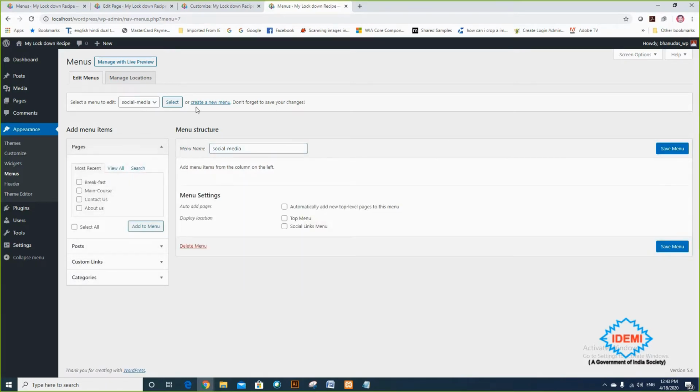These three menus don't have any menu item here. So when I click on main menu, my main menu appears here, and then the social menu will appear, and then the top menu will appear.